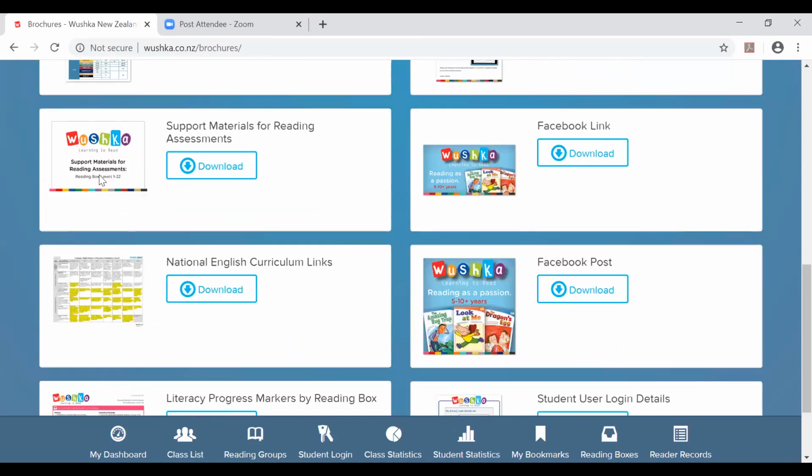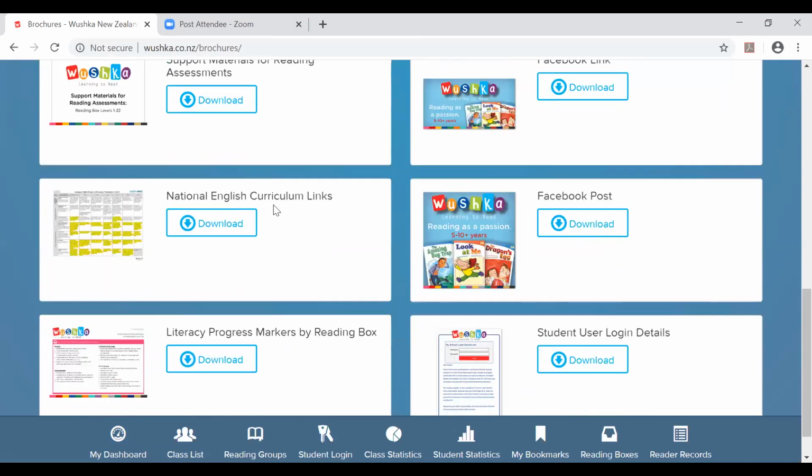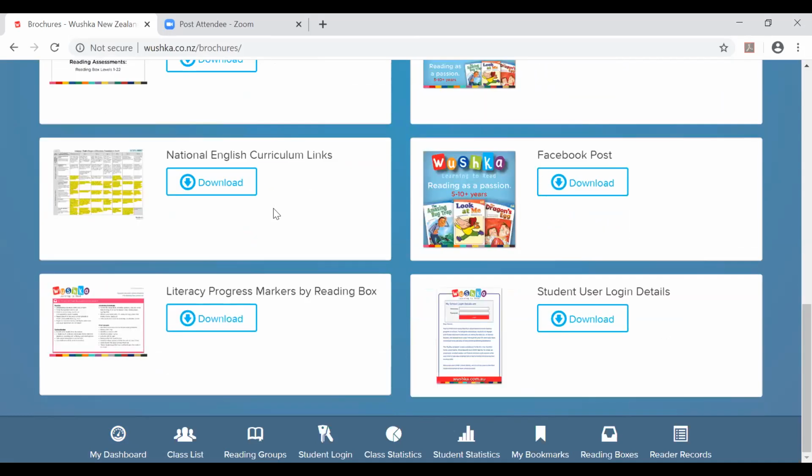And this is your running record. You can download this, have a look at which of our readers are used for the running records, and then you can bookmark them like I showed you before. The chosen readers have that yellow star in the top right hand corner to indicate that those are your sight unseen readers.